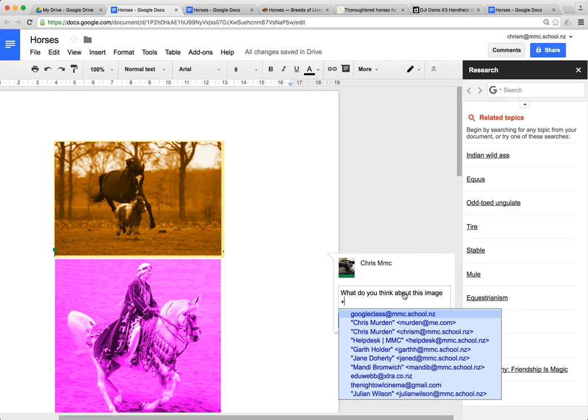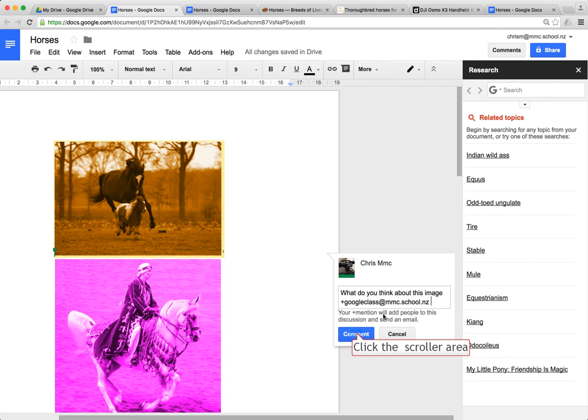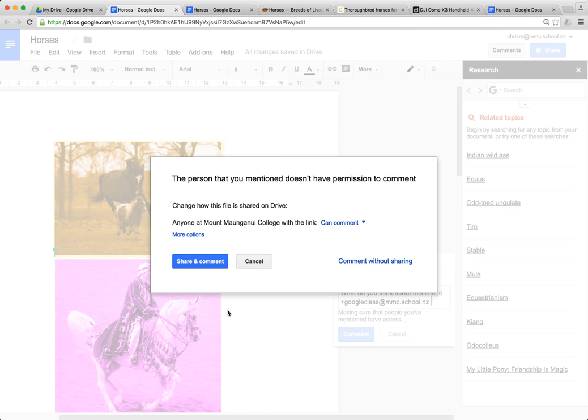And what that does is it gives me access to all of the email addresses in my account. So I'm just going to choose my test email or person to share it with, which is Google Class. So I'm sharing that out to Google Class. If I add a comment, it's then going to ask me, do I want to share the comment? So I can also select whether they can edit or can comment. Can comment is quite good because it just means that they can add comments wherever they want to in your document, but without editing the actual document. So I'm going to share and comment,